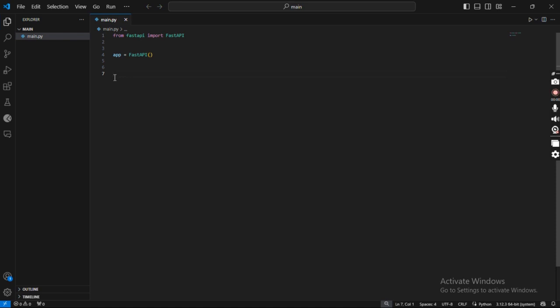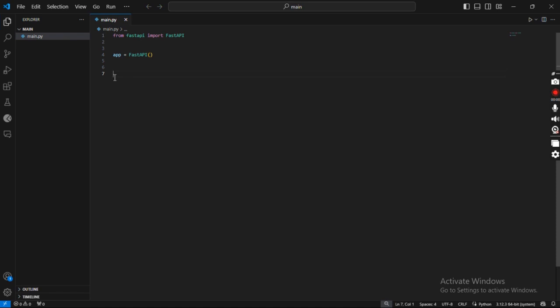All right. So to create a very simple endpoint, we have to carry out two things, right? We have to carry out the function decorator that comes with the request method, and then the path, and then the request function. Those are the things that we need to understand: the decorator that comes with the request method, and then within the request method is the path, and then the function that should execute for that